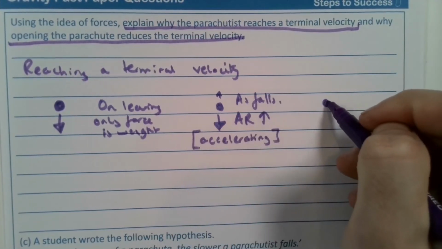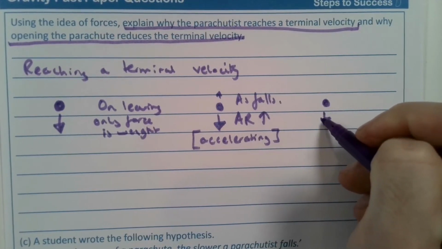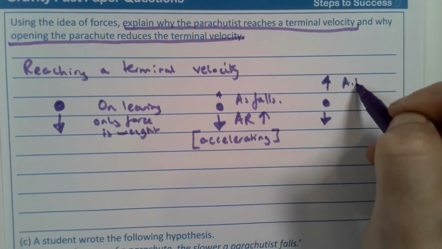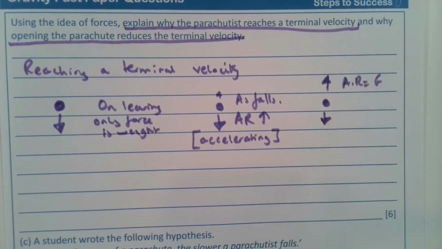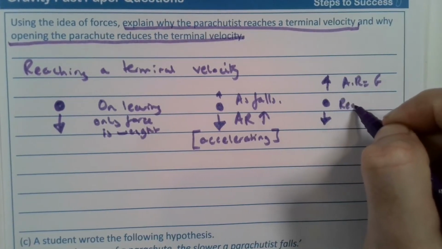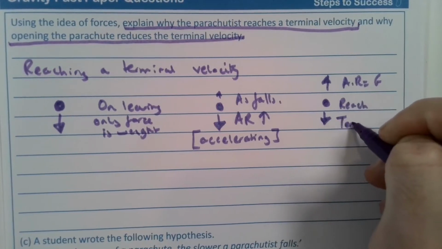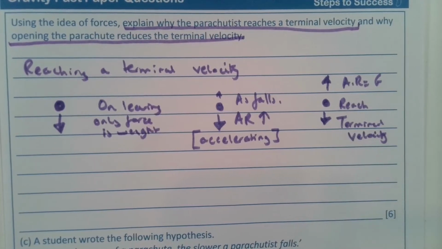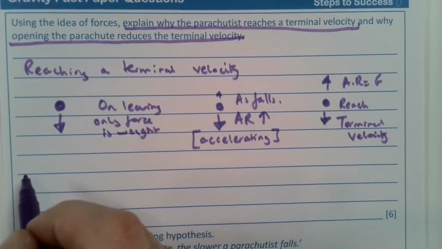Eventually, they'll reach a point where the air resistance is equal to the force of gravity. This is when they will reach their terminal velocity. And here you can see how we're going to pick up at least 3 marks to help ourselves out to that question. We then need to explain, why does opening the parachute